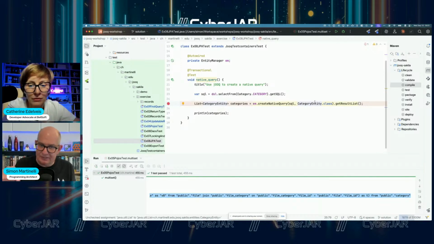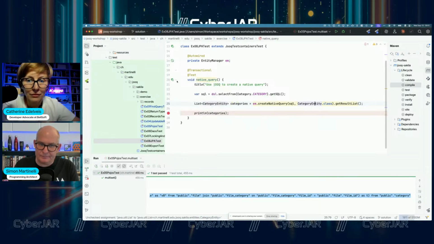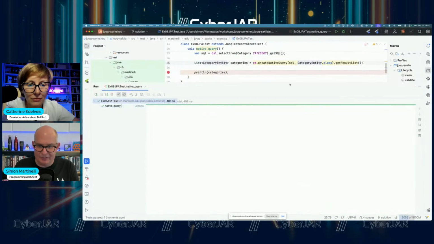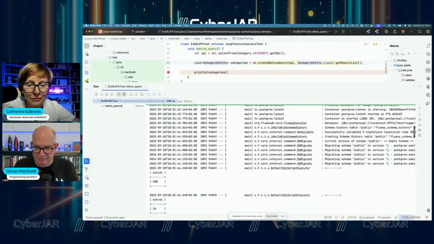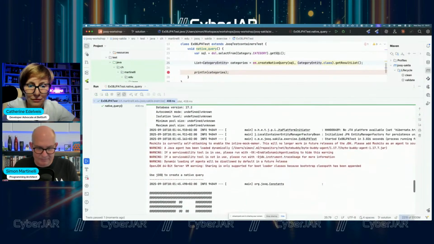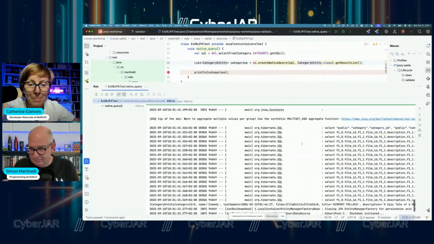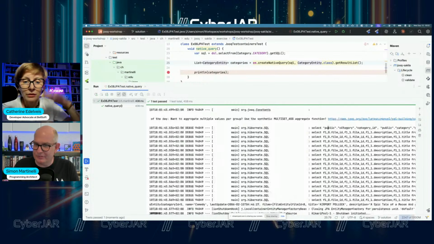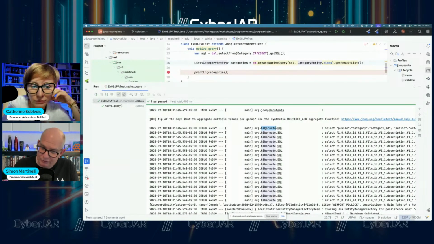And even the category entity has internally the one-to-many mapping. If I run that, then you will see the following. So we will see not the jOOQ statement this time, but we will see a Hibernate query. That's the query for the category, and this is executed by Hibernate. And then for sure, what do we get?